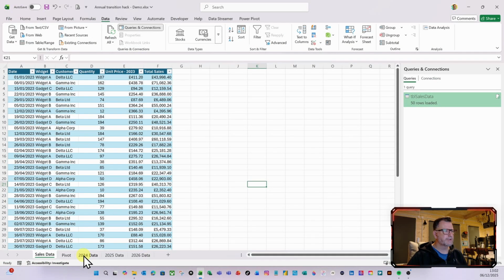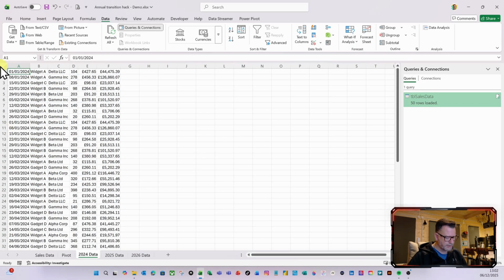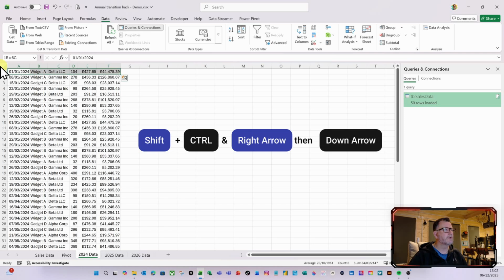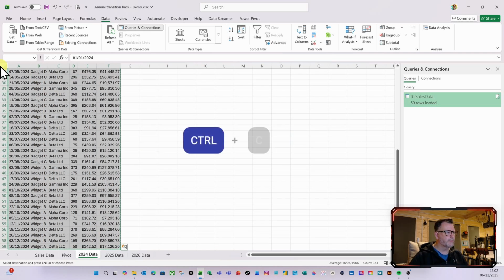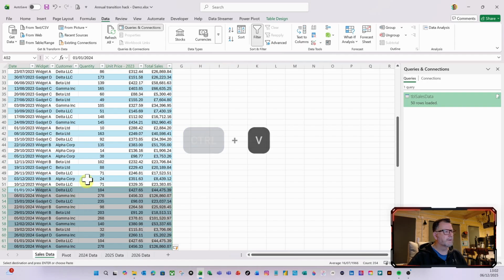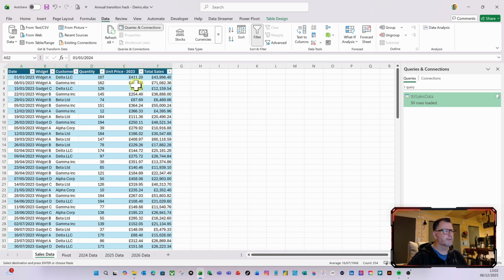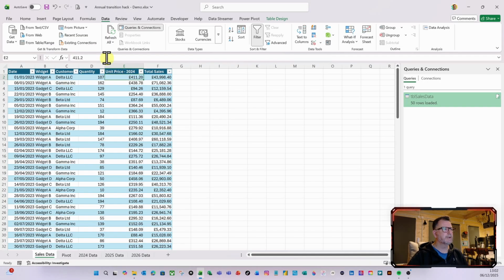So let's transition into 2024, and let me just take this data. So I'm going to do shift control to the right, and then shift control down arrow to get all the data. I'm going to do control copy, go to the bottom here, and let's just paste that there to simulate moving to 2024. And let's change the column heading. You know this is going to happen as you move into the new year. So we change that to 2024, hit return, and lo and behold, when you hit refresh,